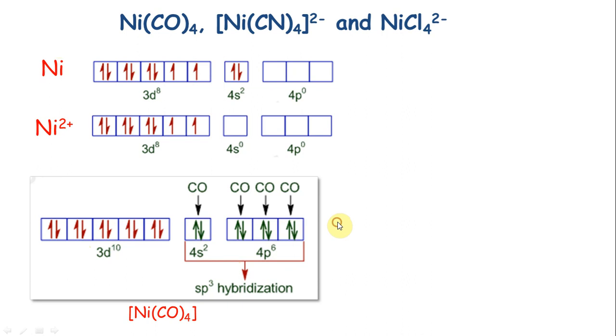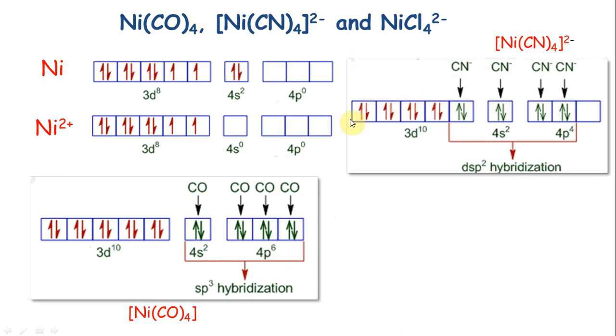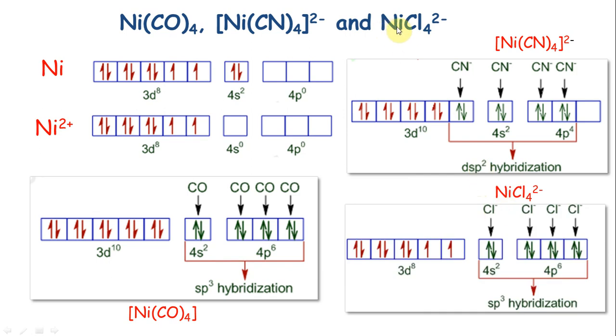Sp3 is tetrahedral. Whereas when I come to nickel cyanide, it is nickel 2 plus. Okay, if this is nickel 2 plus, then what you have is 8 electrons, strong field, so it has paired everything. So you have dsp2 hybridization. So this is going to be square planar. The last is nickel with chloride 4. Okay, so as you can see right now, this is a recurring example. As I told you, the same nickel, all of them are 4 different ligands, but it follows different types of hybridization in each case.